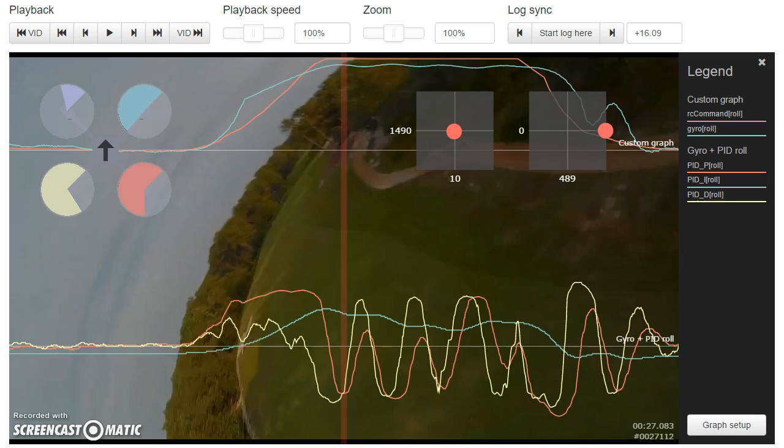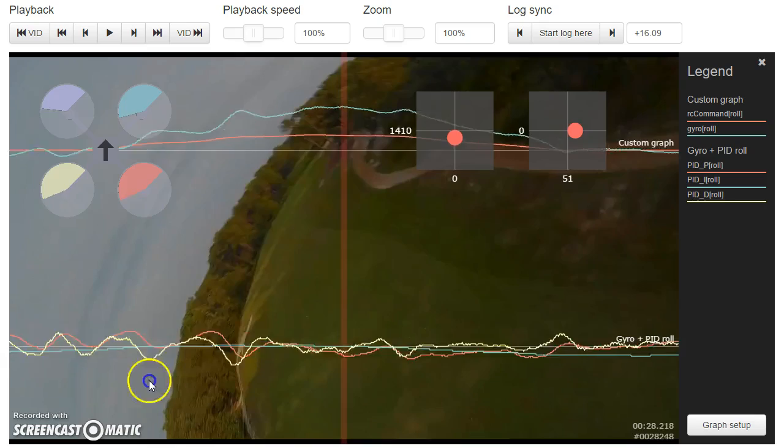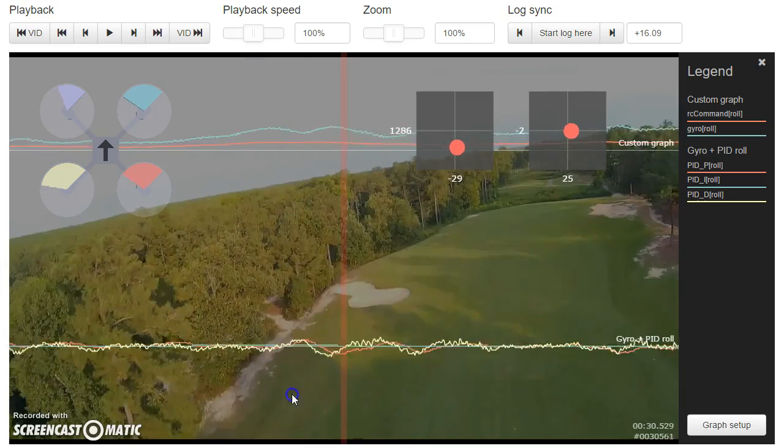Because I think a lot of times that stuff is really subtle. I almost never notice it when I'm flying. I almost always notice it afterwards when I'm looking at the high def video. And even then, sometimes I don't notice it until I've watched the video two or three times and I'm starting to sort of get bored with it. And then, oh, then I see it. So maybe it's there. I do agree that your D term, if we look at your D term the rest of the time,